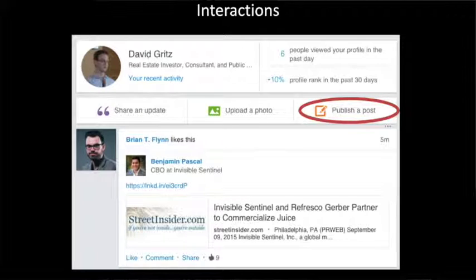And then if you want to get a mass following, what you can do is post, which is where you write an article. LinkedIn has its own blogging component called LinkedIn Pulse. Anyone can get the LinkedIn Pulse app, and it has different categories, from the economy to leadership to different industries like technology. And within those, LinkedIn promotes for you articles that you post on certain subjects.